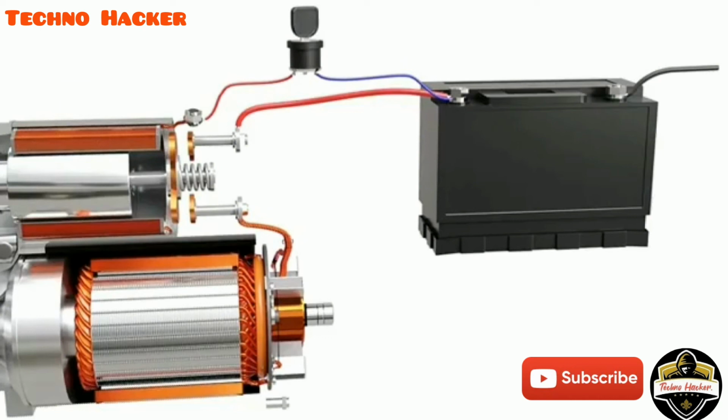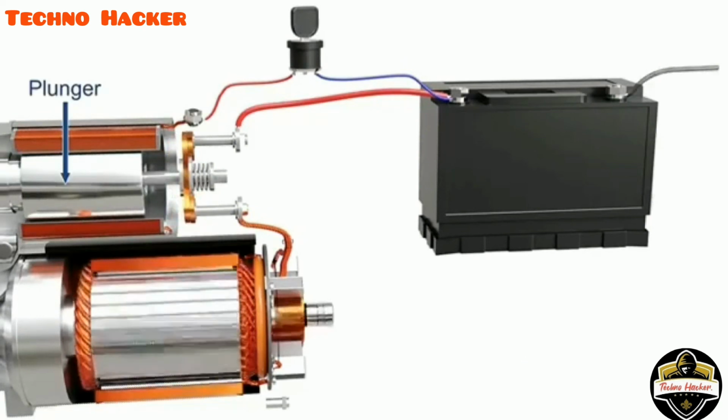A moving core known as a plunger slides along the coil, which connects two copper terminals of a